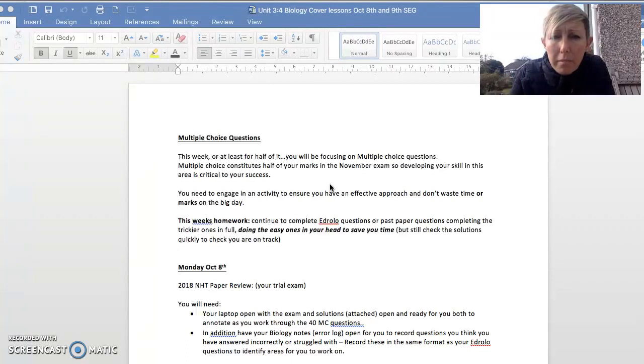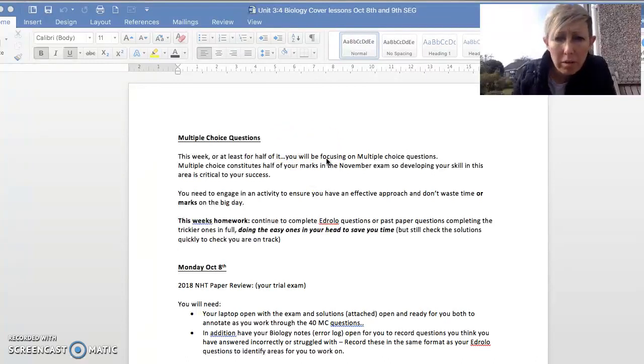So Monday's lesson is for you to review the practice exam paper with the solutions which I've posted on LMS for you. I'd like you to do it in pairs and really think about what your approach should be to this section of the paper, because although there's 1 minute allocated roughly for each mark, you will have noticed that some of them take a lot more processing than that. So I want you to really think about how you might approach them and consider what you may have answered and what the correct answer could have been, and make note of any content areas that you need to review.